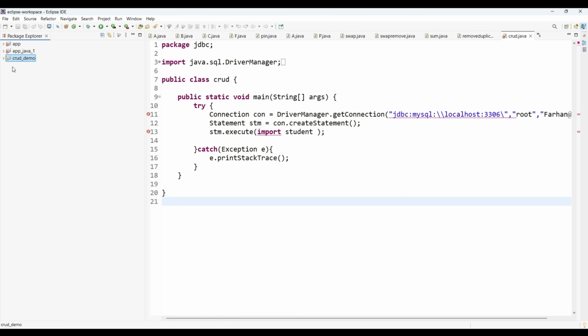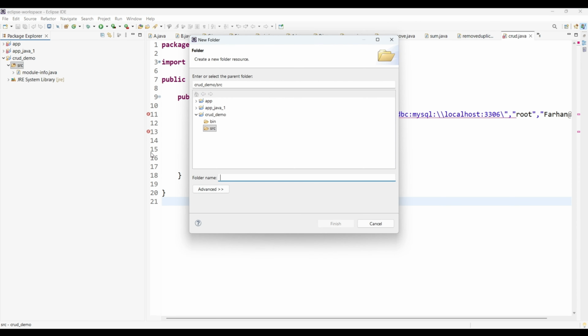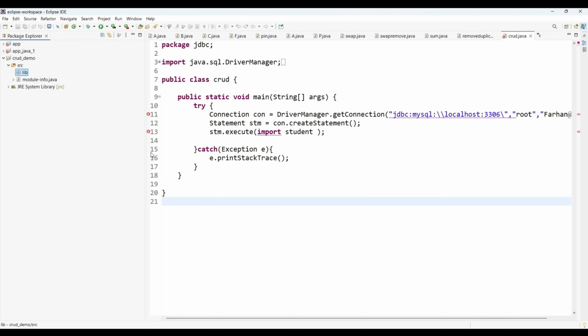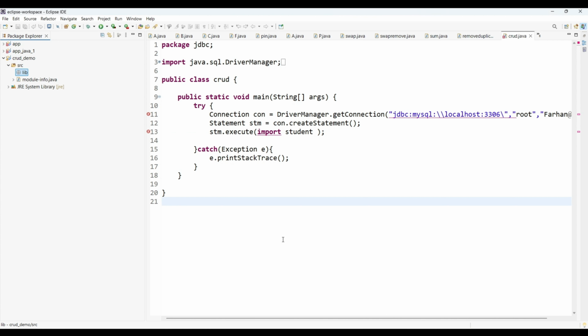Step 4. Add the JDBC driver to the project. Now expand your project. Inside the src folder, create a new folder named lib. The word lib stands for library. This folder is commonly used to store external jar files required by the project. Now copy the MySQL connector jar file and paste it inside the lib folder. At this point, the file is present in the project, but Eclipse is not using it yet. So we need to add it to the project's build path. To do that,